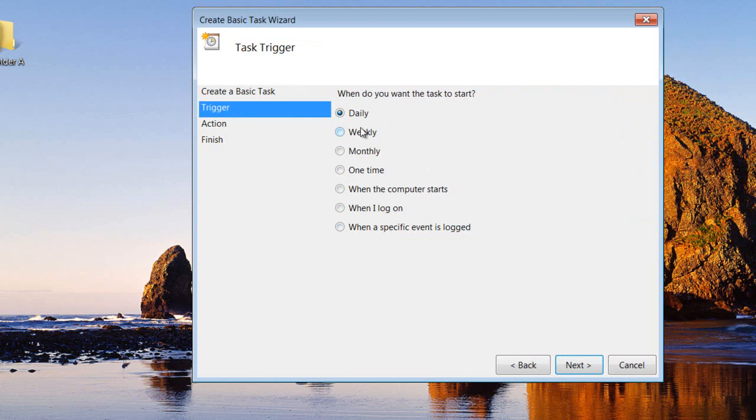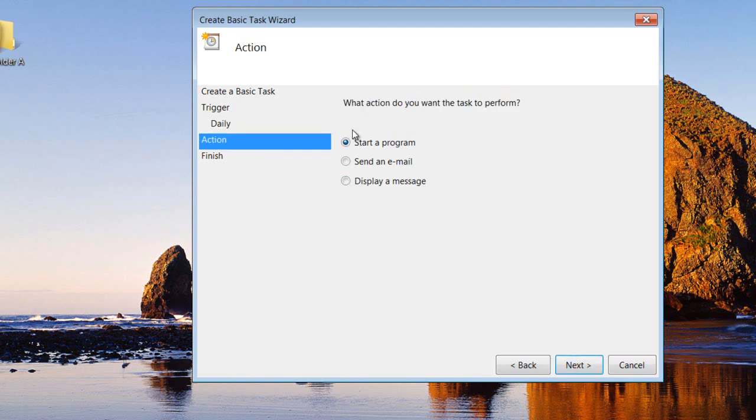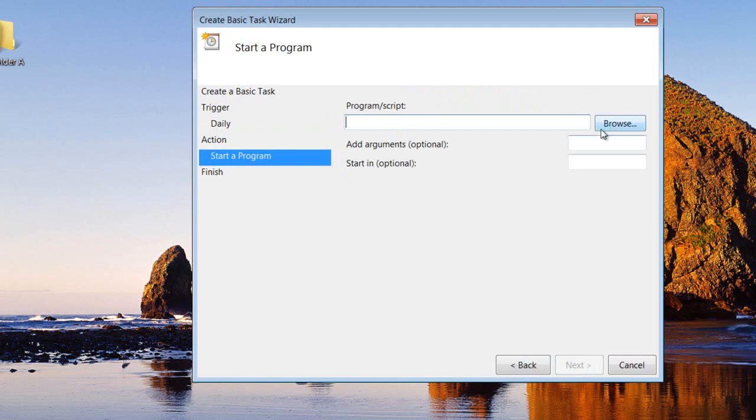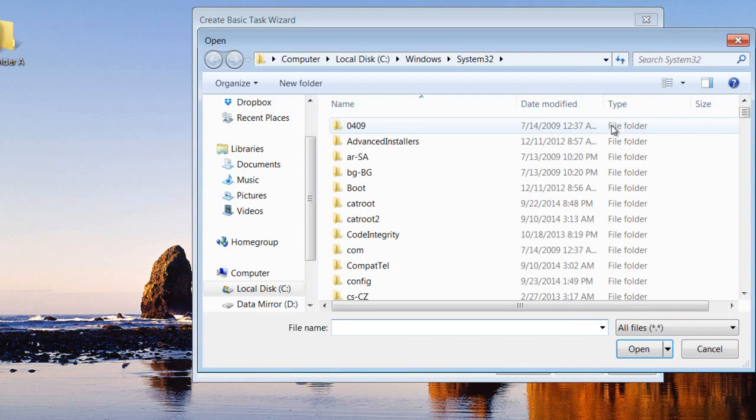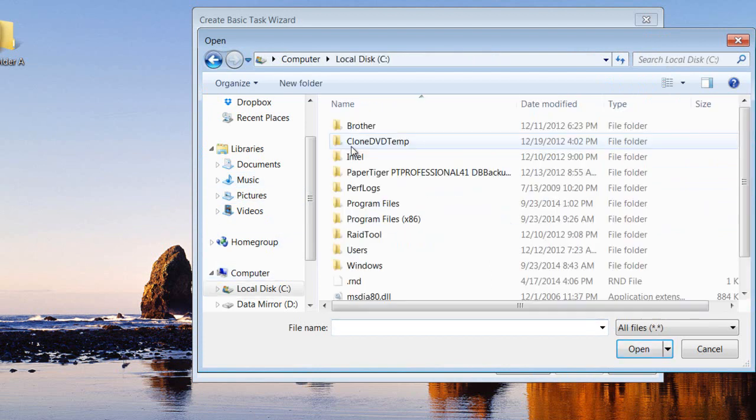It already is on daily. I'm going to click next. Recurring every 1 day. You can also choose the time. The default is start a program. I click next. I'm going to browse my computer on the C drive into the program files,